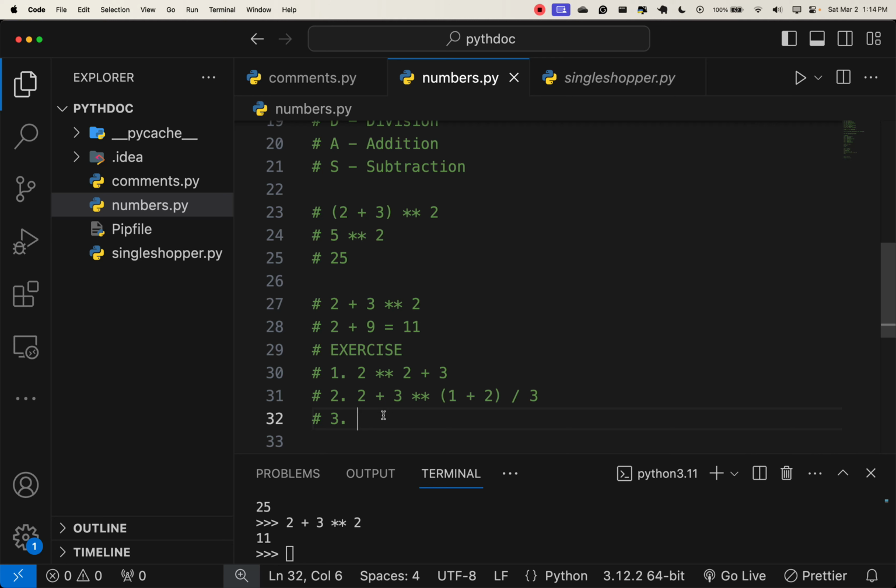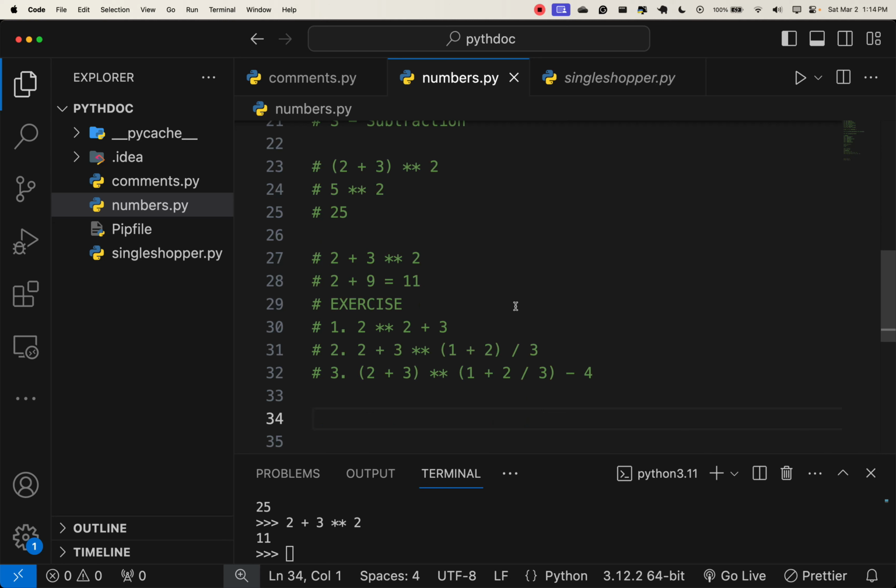And just for this one, I want to turn things up a little bit. Just 2 plus 3, and raise to power this 1 plus 2 divided by 3. What operator have I not used here? Minus 4. All right, so those are the 3 exercises I want to give you, and I want you to solve these